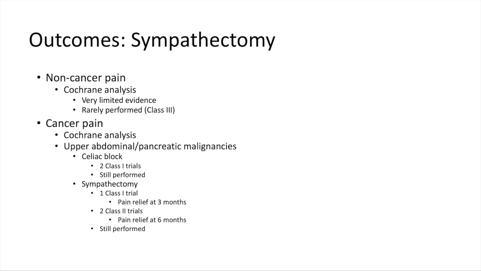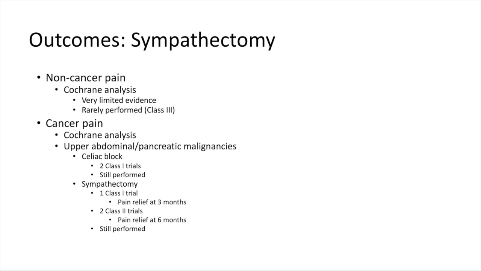An additional publication, published in 2012, reported on sympathectomy for complex regional pain syndrome, or CRPS, and described achieving adequate pain relief for a mean duration of 3.2 years. As to sympathectomy for malignant pain, our search identified much the same information. A meta-analysis of neurolytic celiac block, the most common form of sympathectomy performed for cancer pain, was identified along with 7 additional papers addressing either celiac block or other forms of sympathectomy.